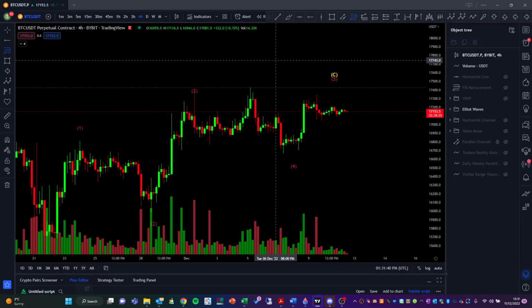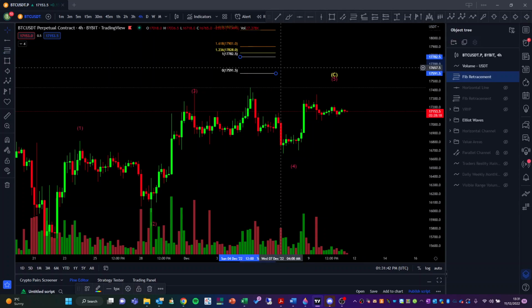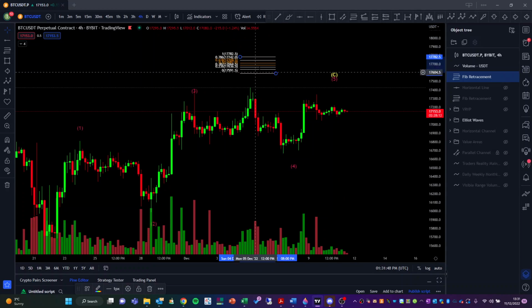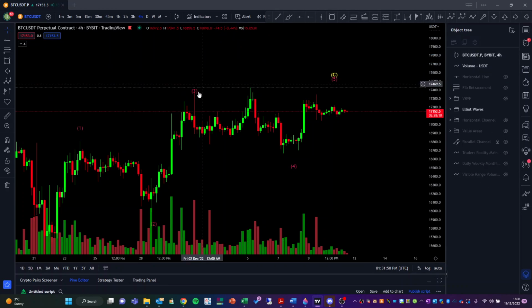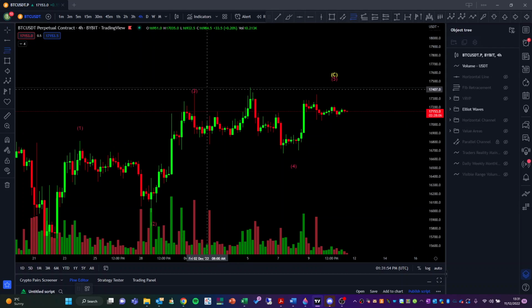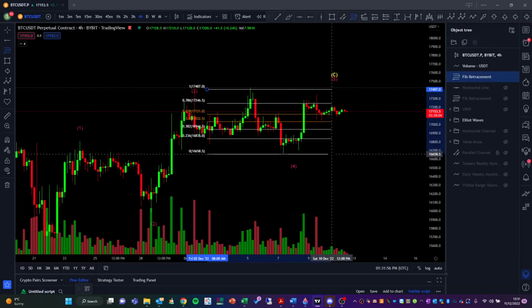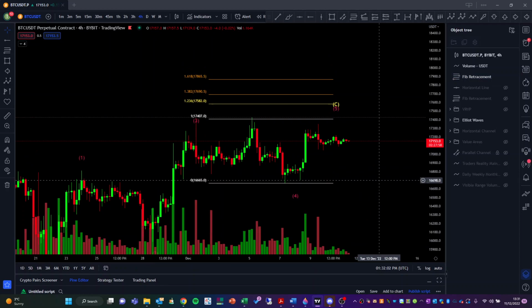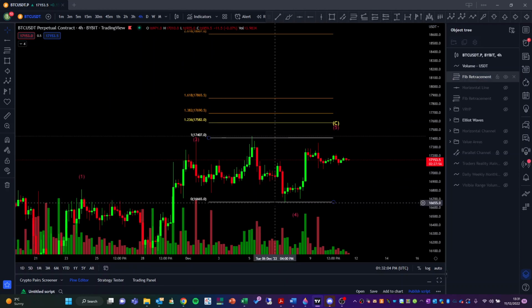bring in our Elliott wave. Let me just see which one that is. So I just want to double click on that real quick. Change that to a retracement. So let me just delete that. We can go from our 5th here, so Elliott wave to the 4th. Change this to an extension. We can see, just bring this over here,